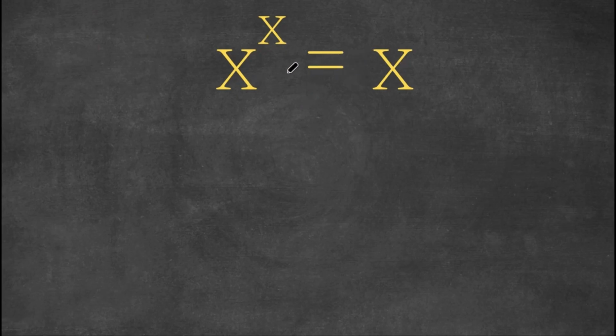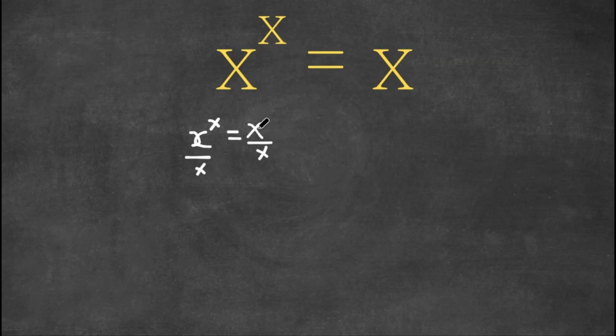In today's video, I'm going to be teaching you guys how to solve this exponential equation. So we have x to the power of x equals x. Now what I'm first going to do is divide by x on both sides. So we have x to the power of x equals x, and if I divide by x on both sides,